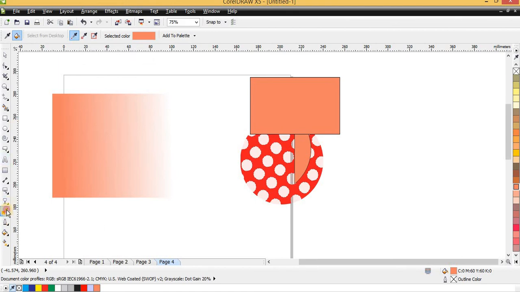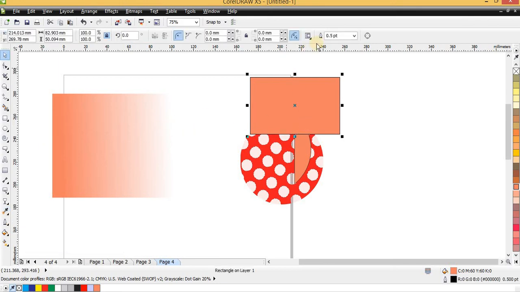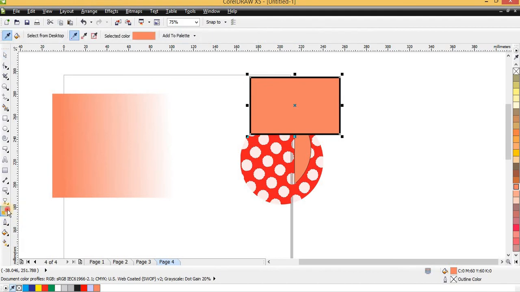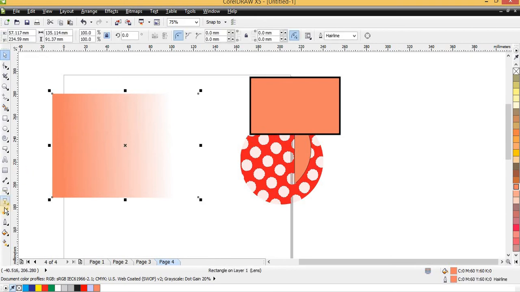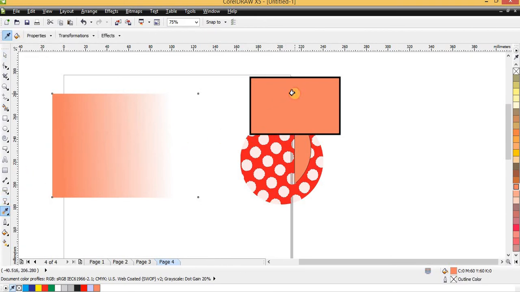Then we have the attribute eyedropper. Let me do this so that I can get a clear understanding of that. Here is 4. The outline, I want it to be thick as 4. So when I say attributes, the other one was the color eyedropper, this one is the attributes eyedropper. So I'm selecting this again, take the attributes eyedropper, get to this other shape and click. It doesn't only copy the color, it also copies the properties. For instance, if it has an outline, if it has some other things, it copies the attributes of that particular